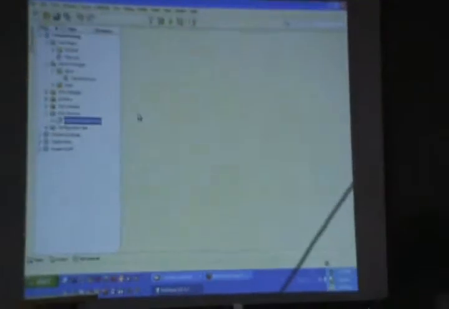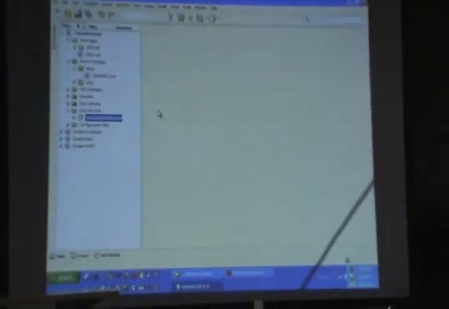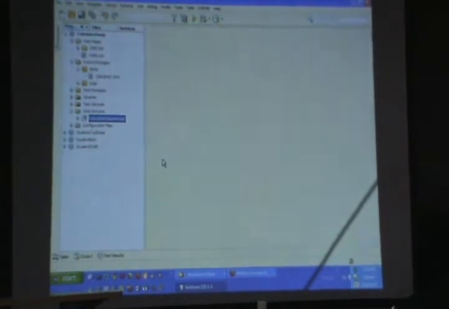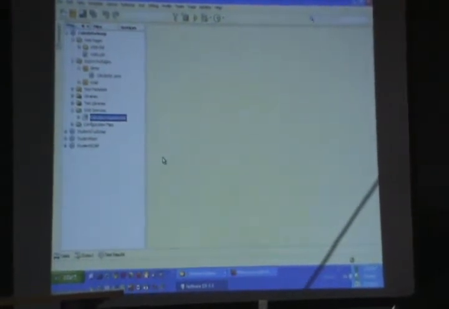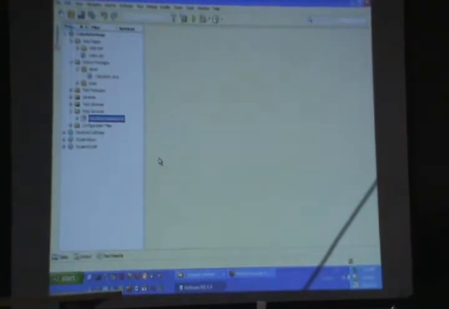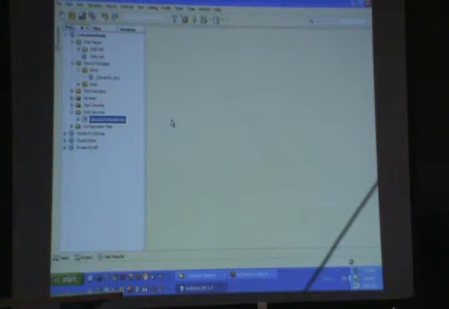I'll show you how to create a SOAP web service out of NetBeans, and this will show you how simple it is. You don't have to worry about all the details. It just makes your life simpler. NetBeans comes with an inbuilt J2EE server as well, which is GlassFish. You can use other servers like Tomcat as well, but I'll be using the GlassFish server.